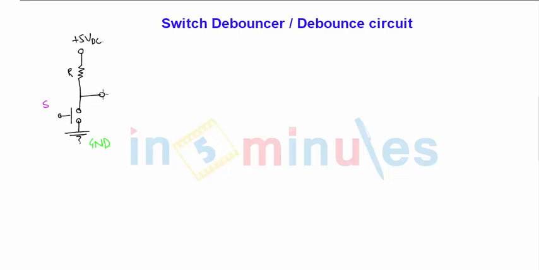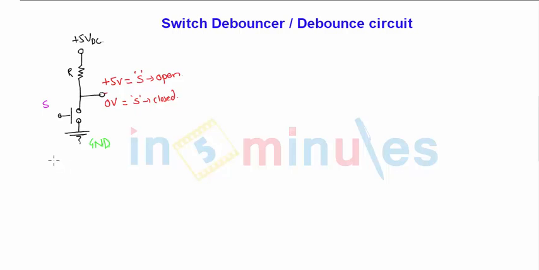So the voltage appearing at this pin is currently plus 5 volts when S is open, and at this pin it is 0 volts when S is closed. That is nothing but the path being complete. But what happens is, this is not actually digital. It is analog, so it doesn't suddenly go down to 0. It takes some time. It bounces back and forth between these two terminals. So what happens actually is that there are multiple outputs, or multiple pulses, sent from this point.